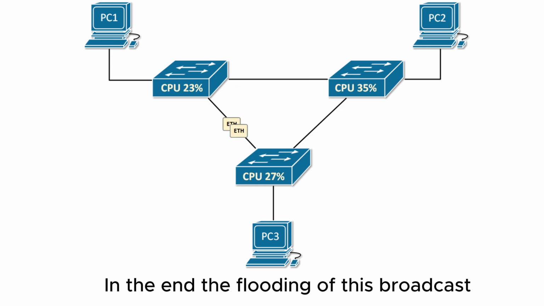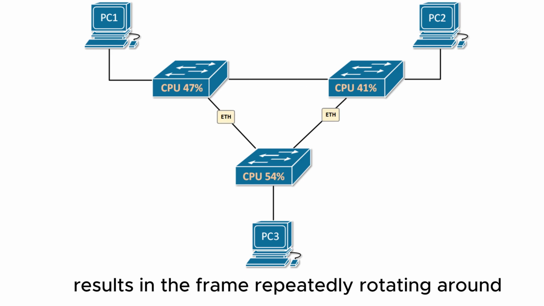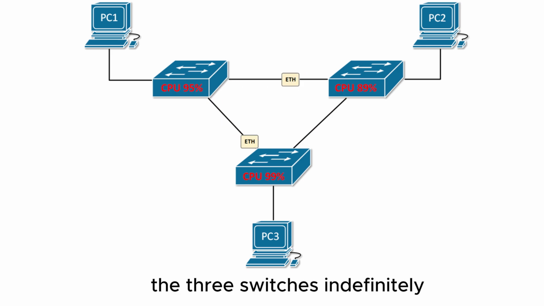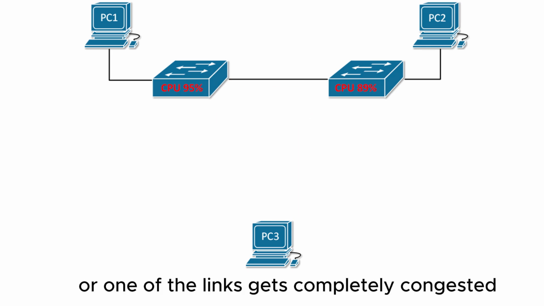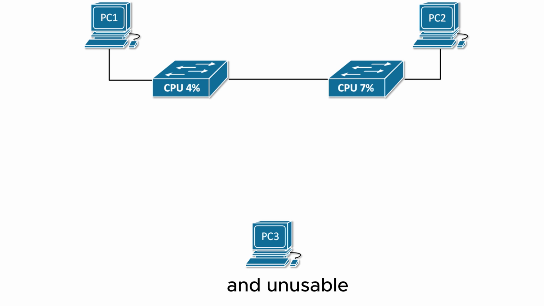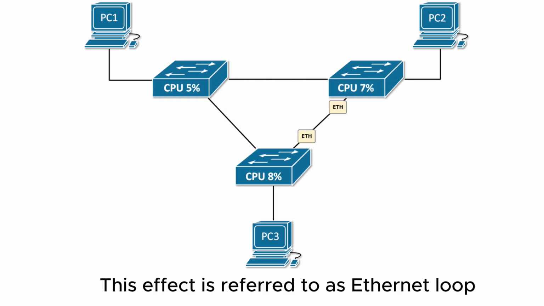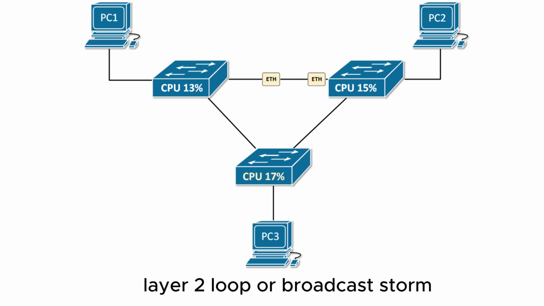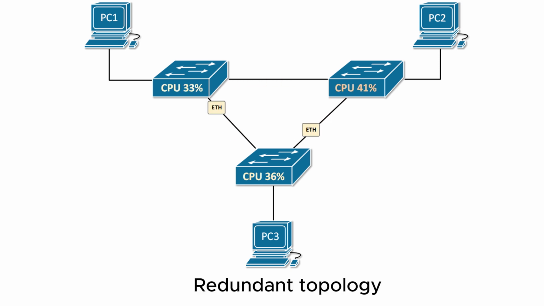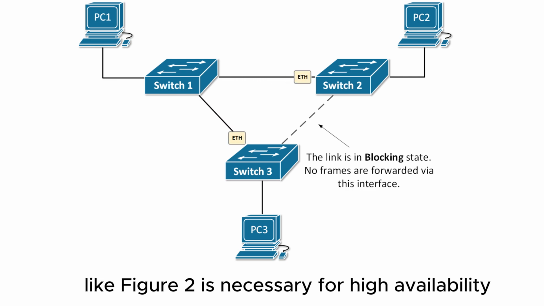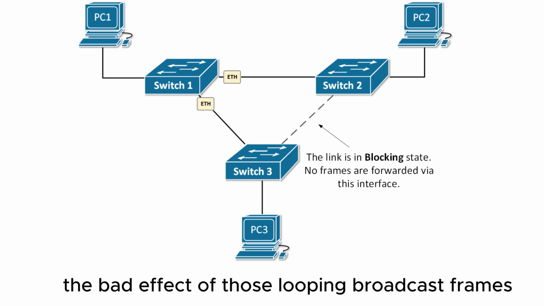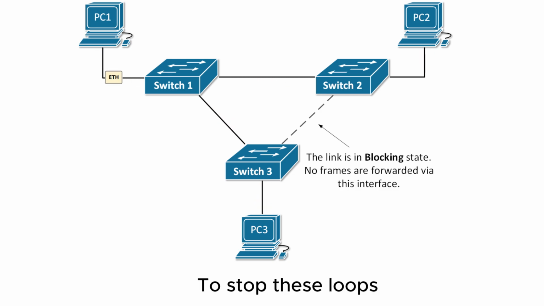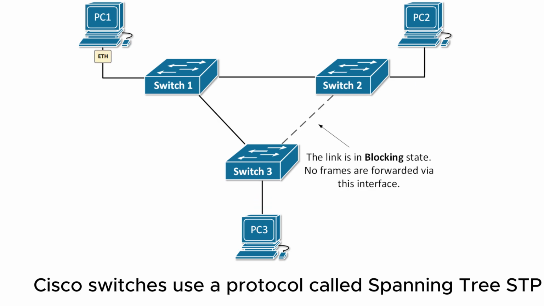In the end, the flooding of this broadcast results in the frame repeatedly rotating around the three switches indefinitely until one of them crashes because of high CPU, or one of the links gets completely congested and unusable. This effect is referred to as Ethernet loop, Layer 2 loop, or broadcast storm. Redundant topology, like Figure 2, is necessary for high availability, but switches need to prevent the bad effect of those looping broadcast frames. To stop these loops, Cisco switches use a protocol called spanning tree, STP,